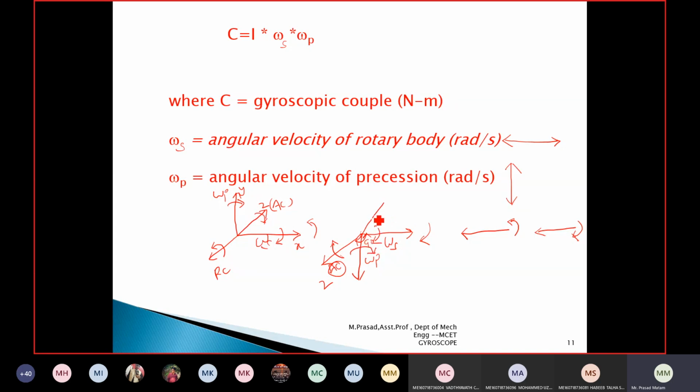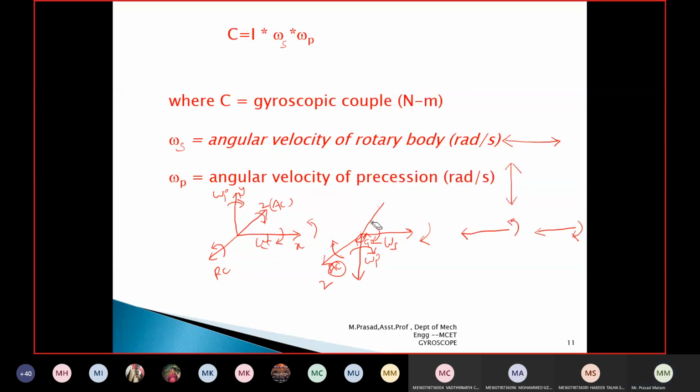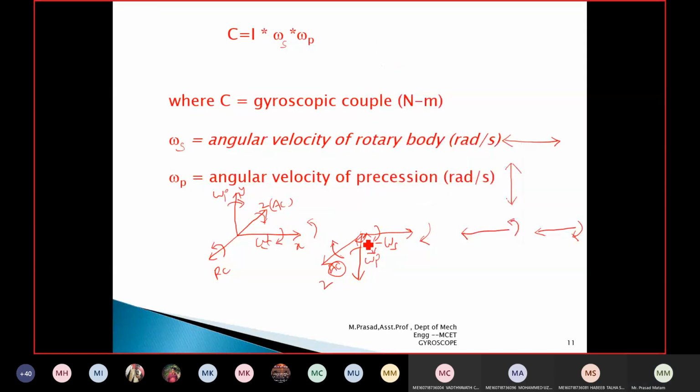I am putting one more couple. Sorry, I am not able to draw a straight line. Let me erase this. We have to maintain this equilibrium. I am putting one more line opposite to this. Now it is moving in this direction. It has to move in this direction, meaning the arrow mark I am showing, it has to rotate like this. Now you can see the path.